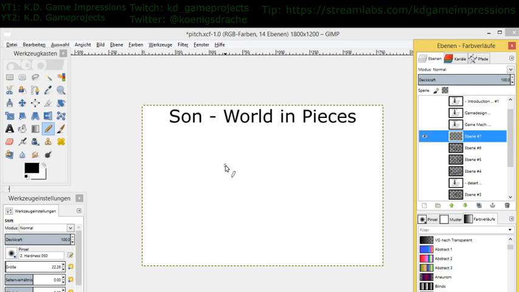So we are already, when we come to this world, in the middle of this conflict, and the main character is the commander of a ship in the